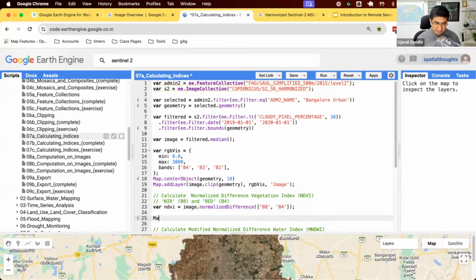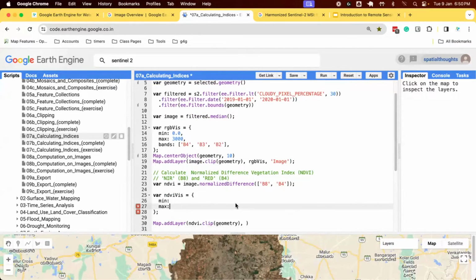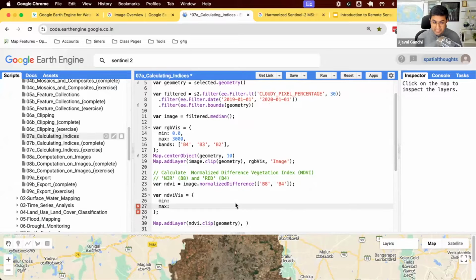Let's visualize this. You want to add it to the map. Again, we want to clip it to the geometry. We need some visualization parameters. So I'll define some parameters here. What would be the min and max that is appropriate for NDVI? -1 and 1, this is a theoretical min and max of NDVI. So NDVI should be between those. That's a good